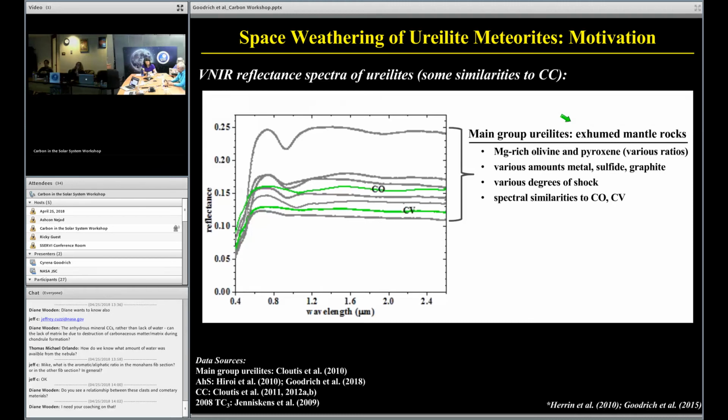So to talk about the reflection spectra of Ureilites, behind the motivation for this talk, this plot shows the visible near-infrared reflection spectra of what are called main group Ureilites, which are most Ureilites, typical Ureilites, which, as I pointed out, are mantle rocks. There's some spectral variation among them, which is mainly due to them having various ratios of olivine to pyroxene, various amounts of metal, sulfide, and graphite, and also having various degrees of shock. But you can see that at least some of them show